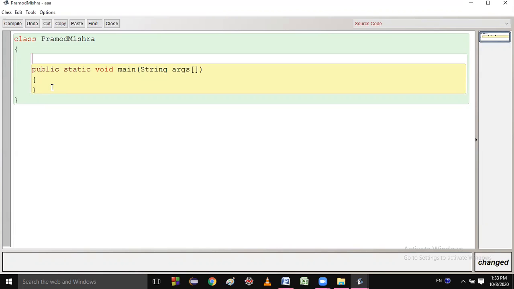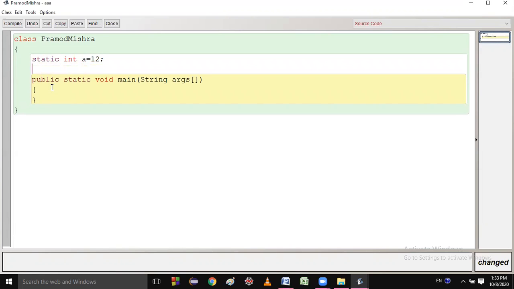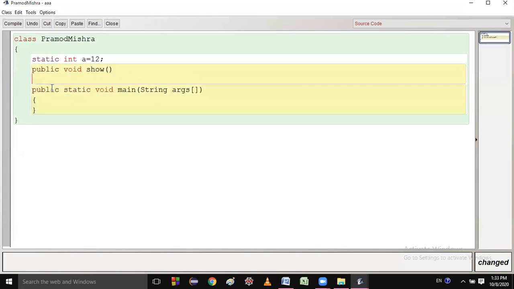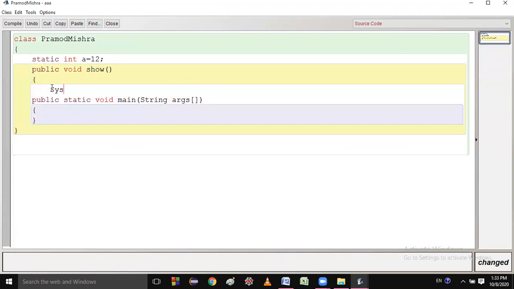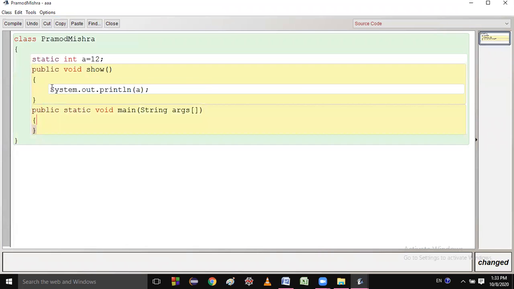Suppose I want a variable of static type. So, static int a equal to 12. I am making a non-static method. public void show, and System.out.println showing the value of a. And I want to call this method.